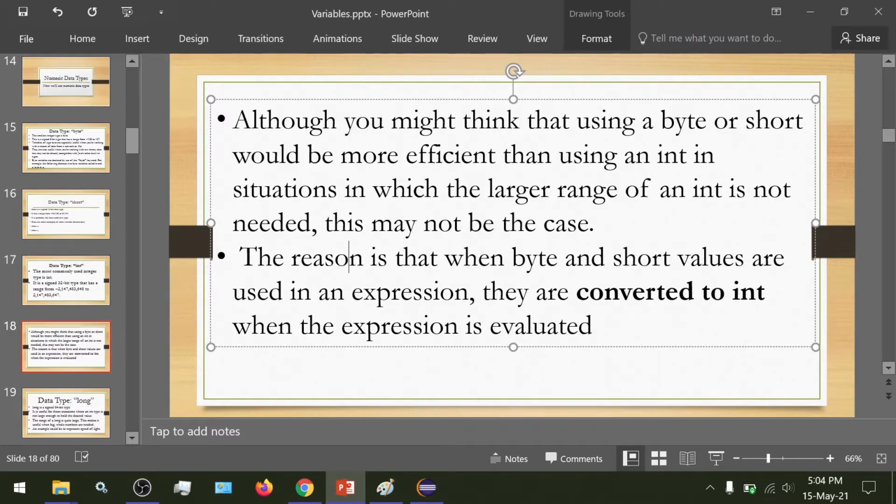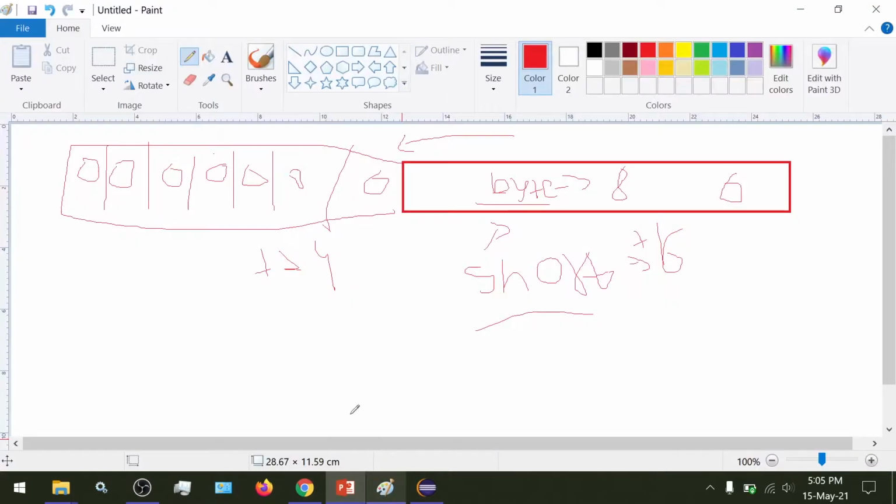Byte and short data types get converted into int. The reason is that when byte and short values are used in our expression, they are converted to int. This is important to know from your Viva's perspective, a must-have knowledge, because at times we would simply use byte or short to represent our data values, but that wouldn't make any sense. As a standard convention, always use int to store your integer data, because ultimately it would be converted into type int, and the 24 bits of memory would be consumed anyway.